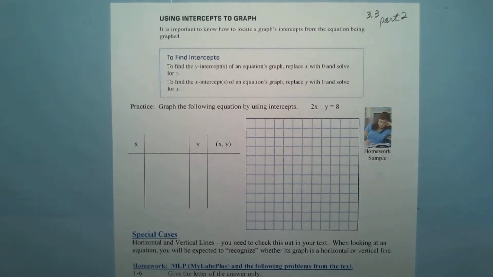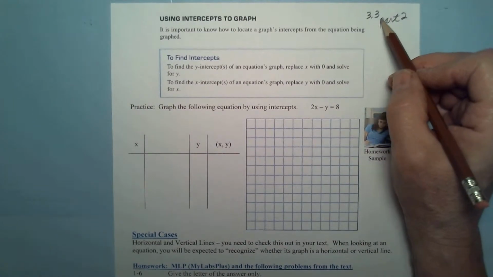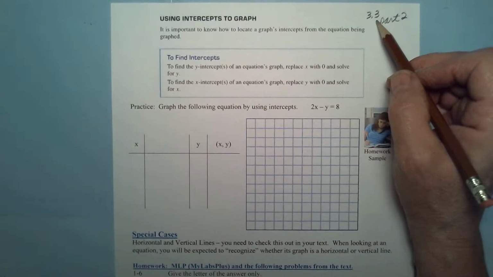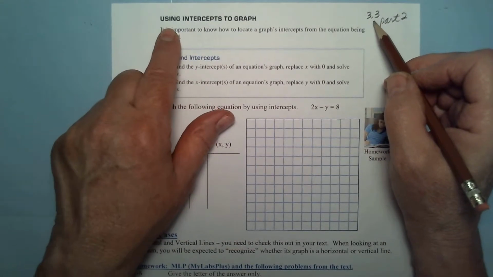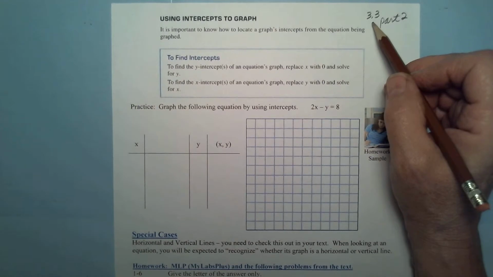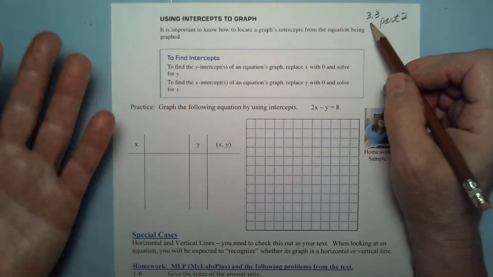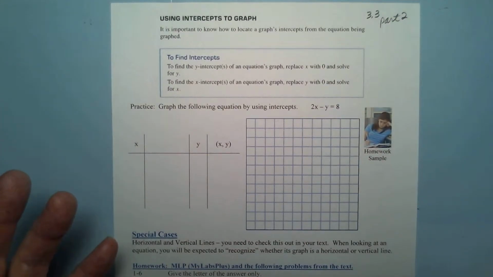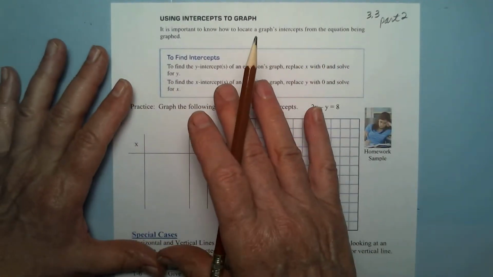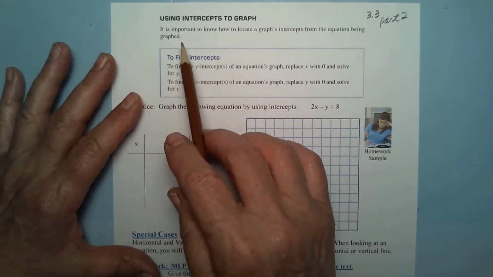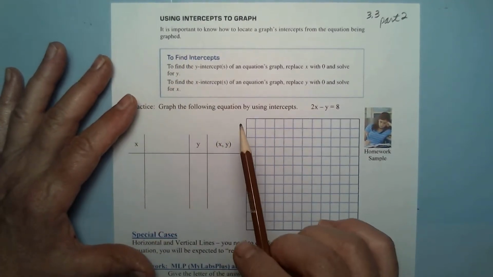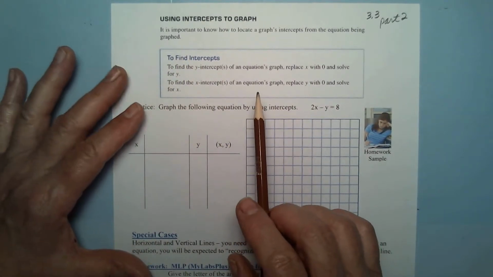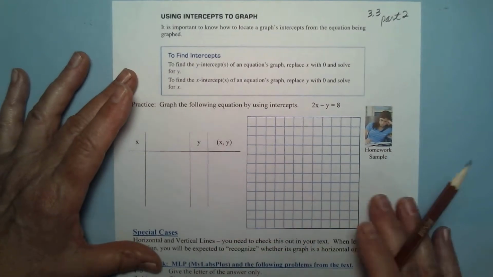So this is the second video for Math 60 section 3.3 on linear equations and intercepts. We're going to talk about using intercepts in order to graph an equation. We talked about creating tables and coming up with ordered pairs in order to graph lines. This is more specific than that. When we are asked to graph an equation just using the intercepts, there's very specific things that we need to